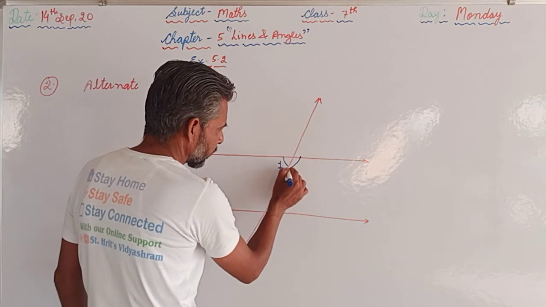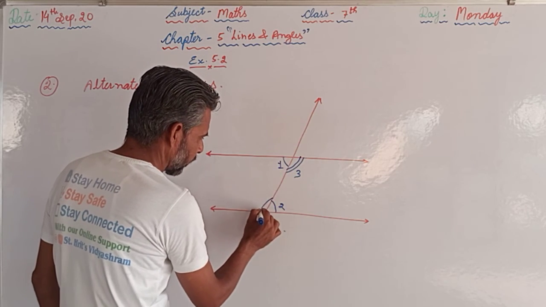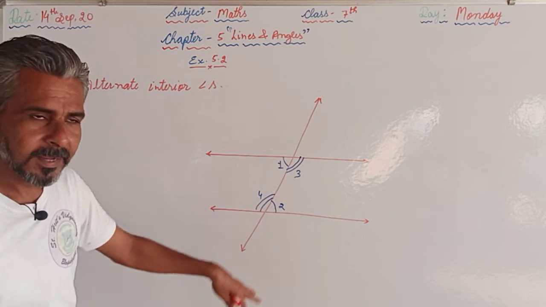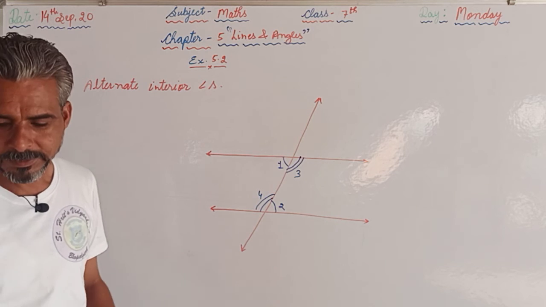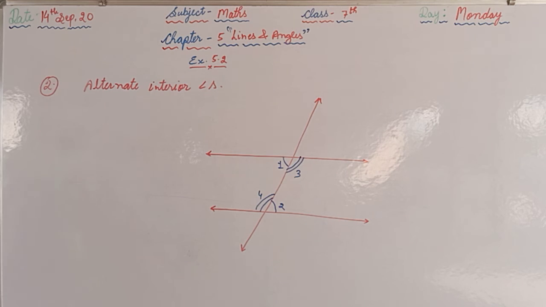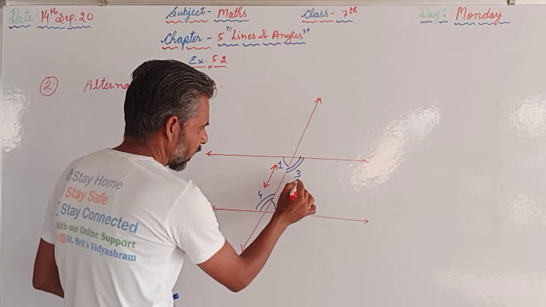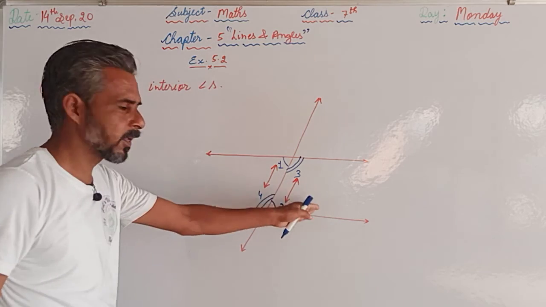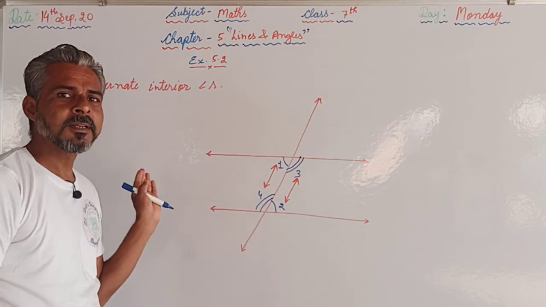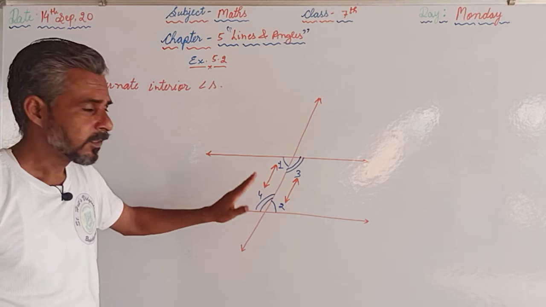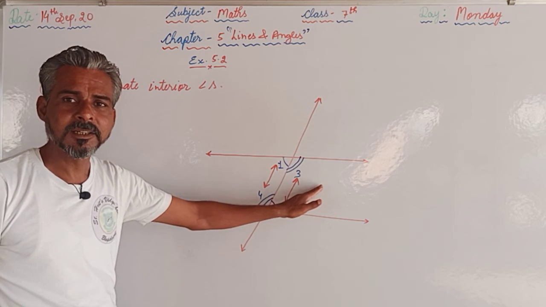At the same time, 3 and 4 will also be equal. These are again the alternate interior angles. So these are the two pairs of alternate interior angles. Now the next one, we are supposed to tell the pair of interior angles on the same side of the transversal. Same side of the transversal, that will be 1 and 4 and 3 and 2. These are the pairs of the interior angles on the same side of the transversal. These will not be equal, but their sum will be 180. These are also known as consecutive angles.